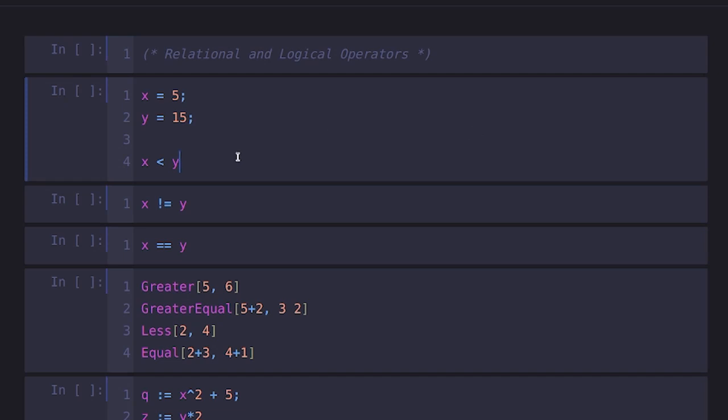Hello everybody, today I'm going to continue with the Wolfram language tutorial. In this lesson we are going to talk about relational and logical operators, and I'm going to start with the